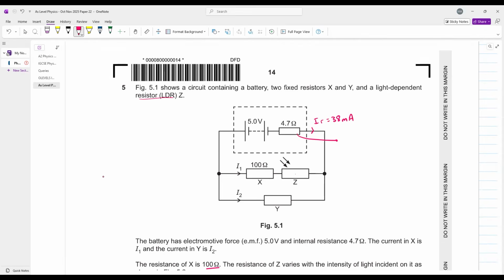Can you calculate the voltage consumed by this internal resistor? बेटा internal resistor कितना voltage consume करेगा? Total current multiplied by the internal resistance. 38 × 10^-3. Why 10^-3? Because milliampere, multiplied by the resistance, that is 4.7. Can you calculate the voltage consumed by the internal resistor? This voltage comes out to be